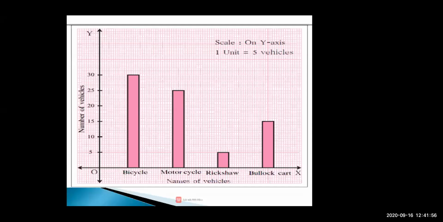So after that, on the x-axis you have to put names of vehicles, and on the y-axis you have to put numbers of vehicles. Till here, if you are doing, you are getting 1.5 marks. See, this is of 3 or 4 marks. Graph is of 3 or 4 marks. Even if you don't know how to draw, if you are making all those lines and numbers, that also contains marks.